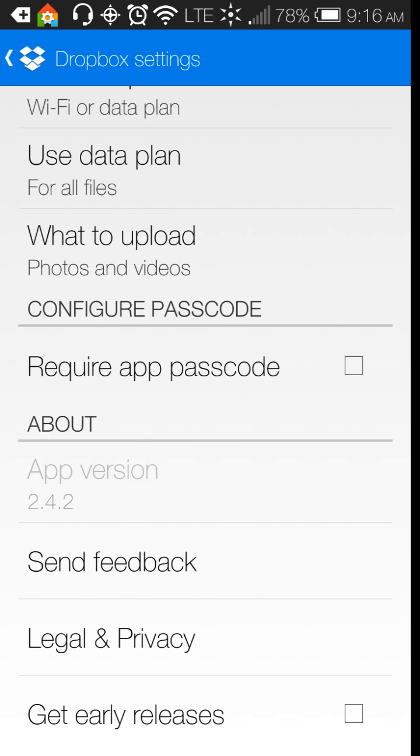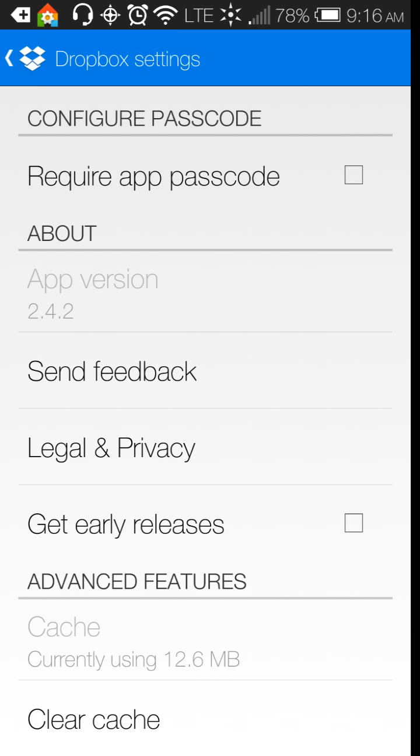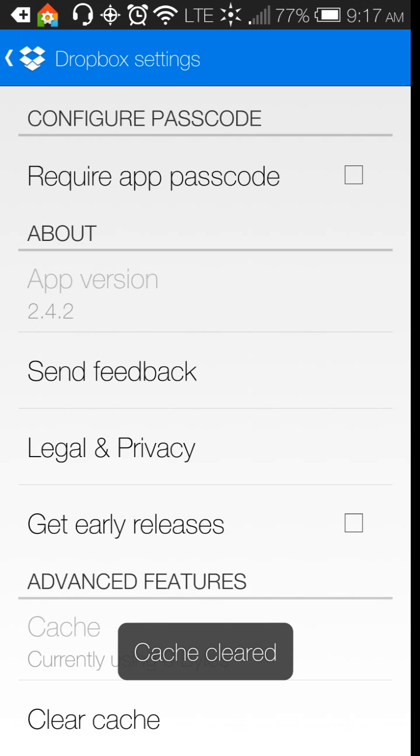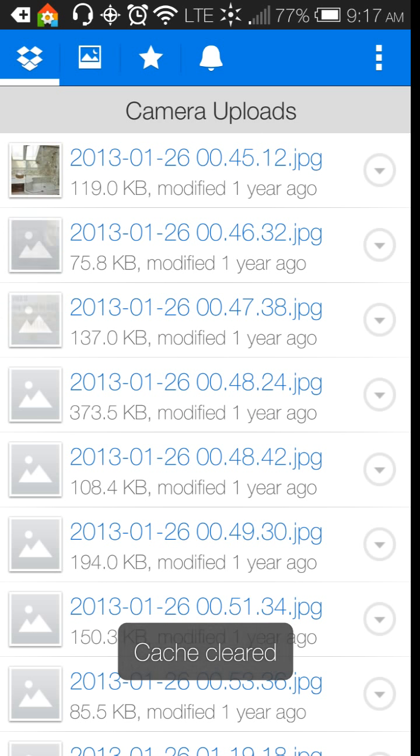And then you can do a passcode. Now, I don't know if that passcode is for when you go into the app or when you're trying to upload to the app. But either way, you can create a passcode. I'm sure it's when you come in. I think that would make the most sense. You can send feedback. You can look at the legal rights and privacies that they have written up for you. Get early releases. I don't know what that is. And then you can clear your cache here. I always think it's cool to clear your cache. Makes things run a little faster. So